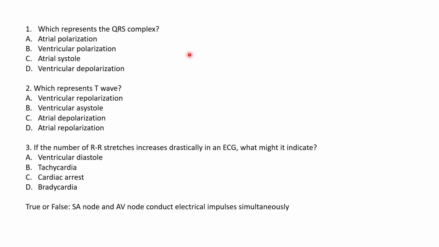Okay, so if these were to conduct impulses simultaneously, you can imagine what will happen. The SA node is conducting impulses, essentially the electrical impulse to the atria, right? And the AV node is conducting electrical impulse to the ventricles at the same time. So what would happen? Both of them will try to contract at the same time, right? And that will completely disrupt normal cardiac rhythm because there has to be a delay such that your atria